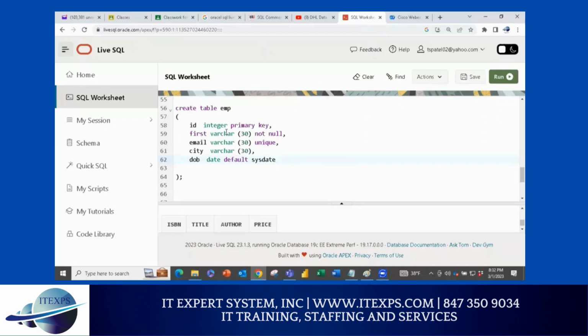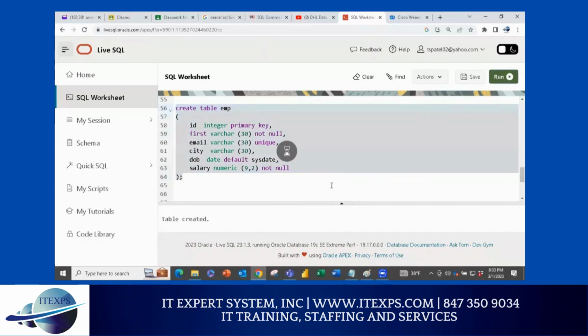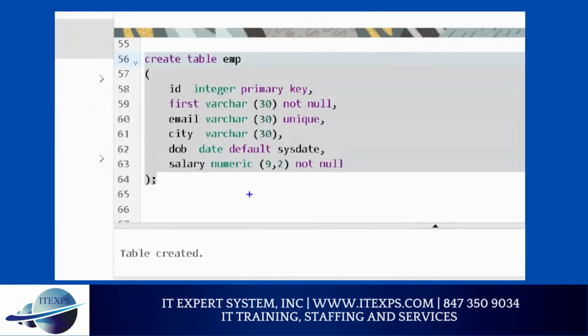So we use unique, we use not null, we use optional, and we'll say salary, and we'll say numeric. We'll say 7, 2. Let's do 9, 2. So everyone knows that you can always use different. And salary is also required, so not null. Right? Once you complete that, you highlight and you run it and see if it works. And it works. Take time, make sure you type correctly. There's a comma,